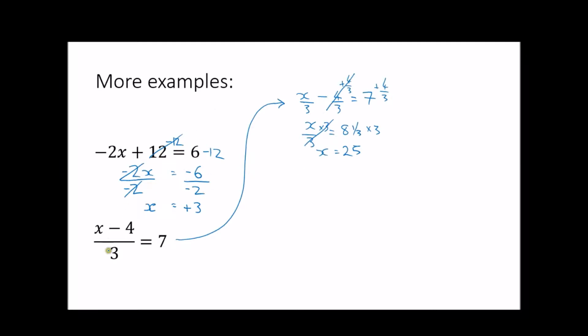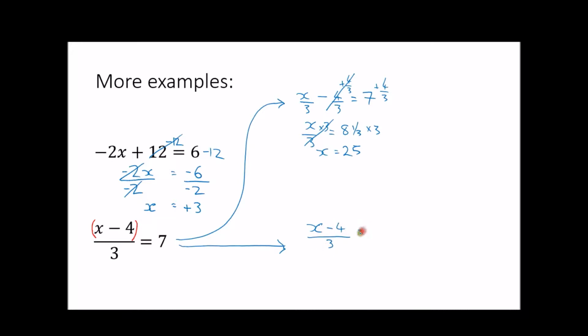So in a situation like this, now this is a slightly different case to the way I've been describing them before. One way we can think about this is the way this equation's written is it's very much like x minus 4 in brackets divided by 3. Now, if we think about it this way, well, then it actually makes sense to do the division as the first operation that we are going to reverse. So if I go x minus 4